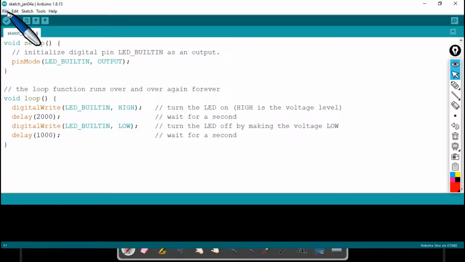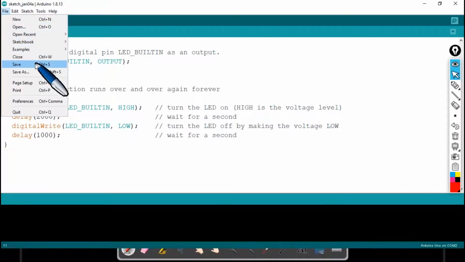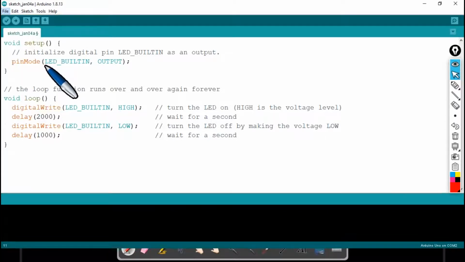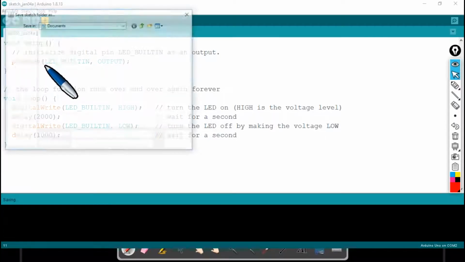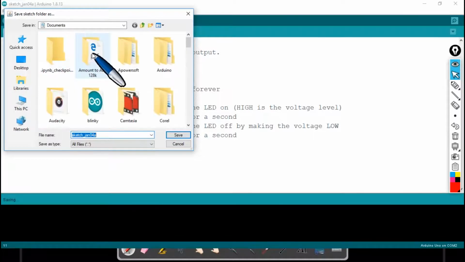Before I compile, I have to save this program, and we have a nice drill for saving a program. That drill is: go to File, and down here you can see Save. After hitting Save, you can see that by default we are in Documents, and under Documents there is a default folder named Arduino that has already been created.